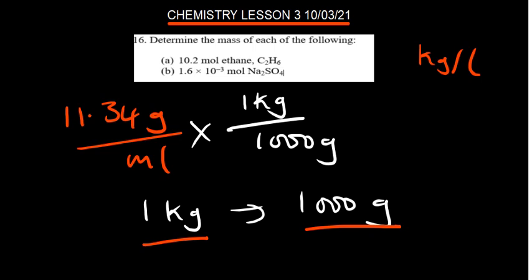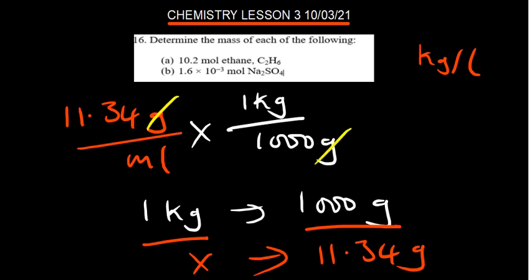Or if you want, you can just say, okay, I know I have 11.34 grams. Then I need to find the equivalent value in what? In kilograms. So, of course, if you cross multiply again, you're going to divide 11.34 by 1,000. Okay. So at that point, you can cancel out the grams. Then you're going to remain with what? A kilogram per milliliter. So we don't want that to be our final solution, but we want to convert even